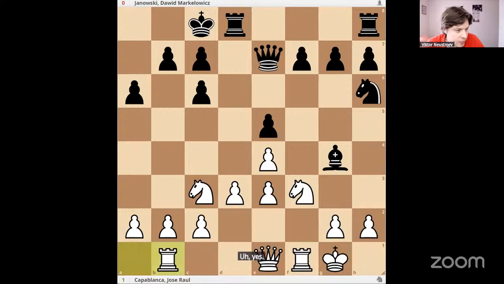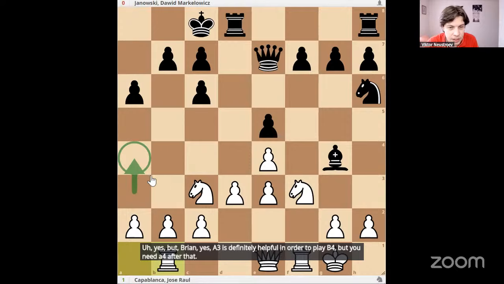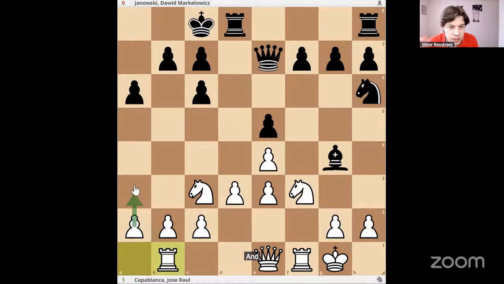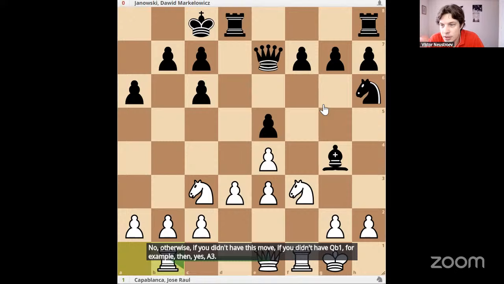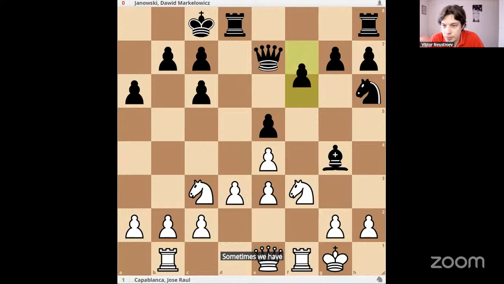Yes, but Brian, yes, a3 is definitely helpful in order to play b4, but you need a4 after that. And if you need a4, then a3 is a tempo loss. So having the rook on the b file is better than just losing the tempo. No, otherwise, if you didn't have this move, if you didn't have rook b1, for example, then yes, a3. Sometimes we have to play so. So f6,